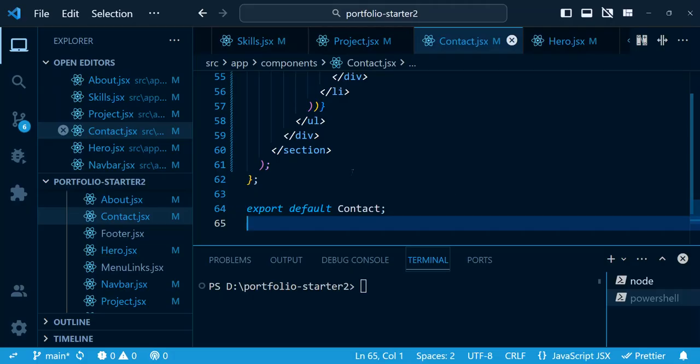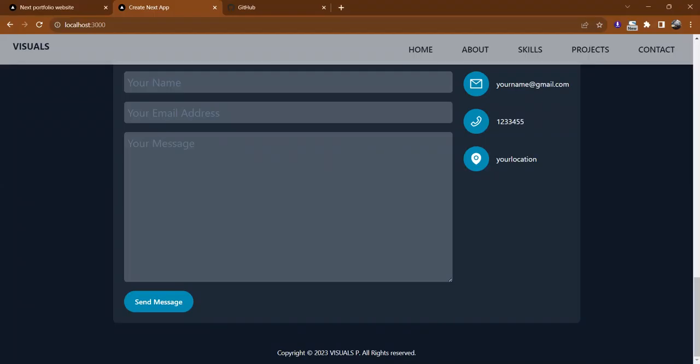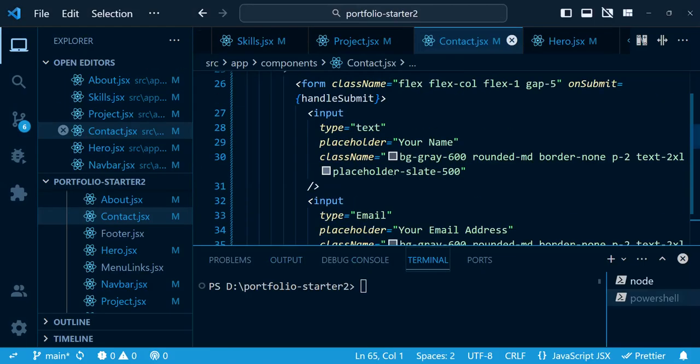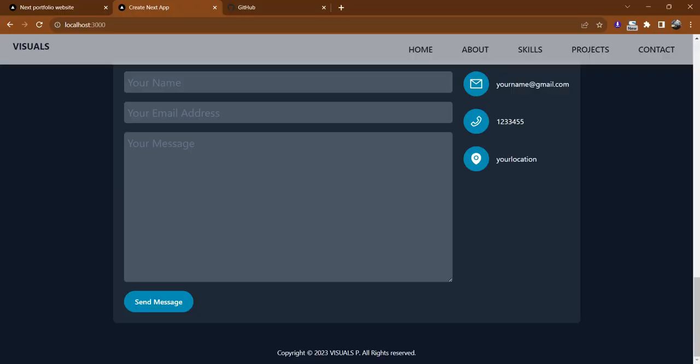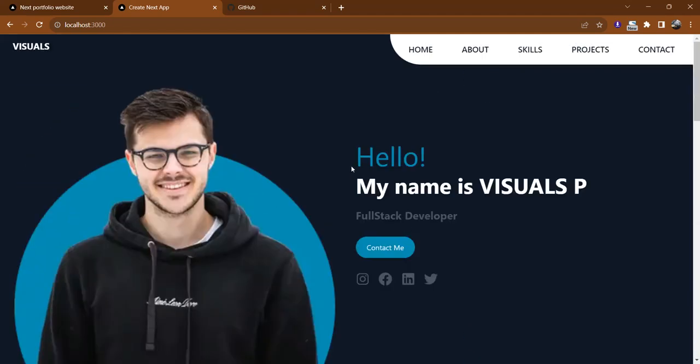Now before we deploy it to Vercel, first there was some problem on the text area and I didn't create the send message. So you can go to my repository and you can copy and paste this code. After copying and pasting this code, it will create a margin between these elements and it will create the send message. Now next, before we deploy it to Vercel, we need to push our code to